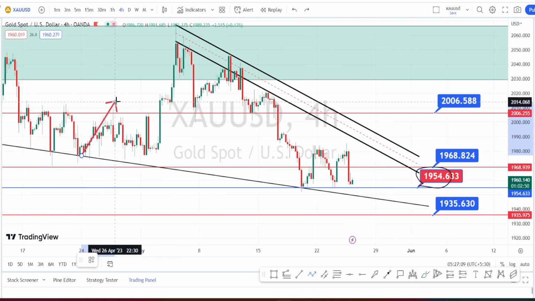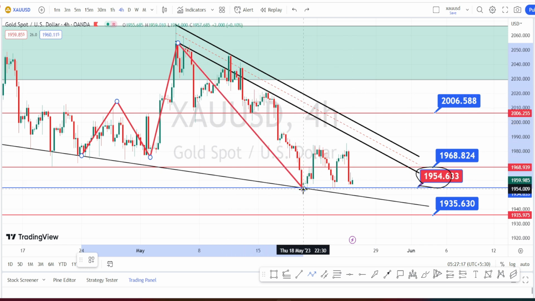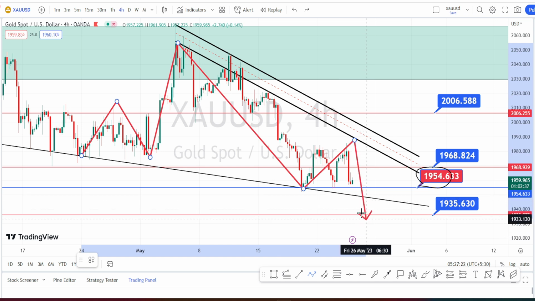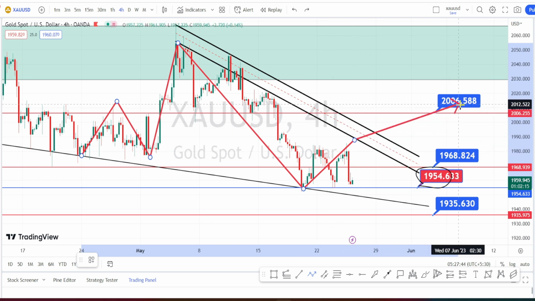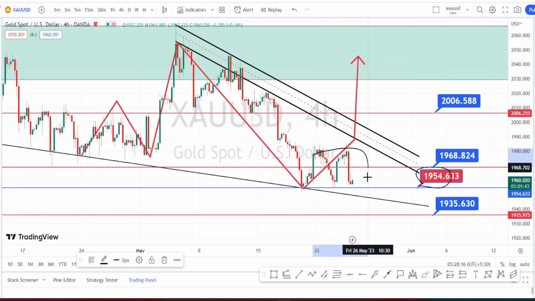So overall, when we look at the price action in 4 hours time frame, it is consolidating between this resistance line and the trend line or the support line, but it is narrowing down. Soon we can expect the bearish side breakout because the overall trend of the price action is in a bearish trend. And only when the price action breaks this bearish resistance zone and the resistance level of 2006, we can expect the bullish side retracement to start in 4 hours time frame. It is under a consolidation between this resistance zone and the bearish trend line.